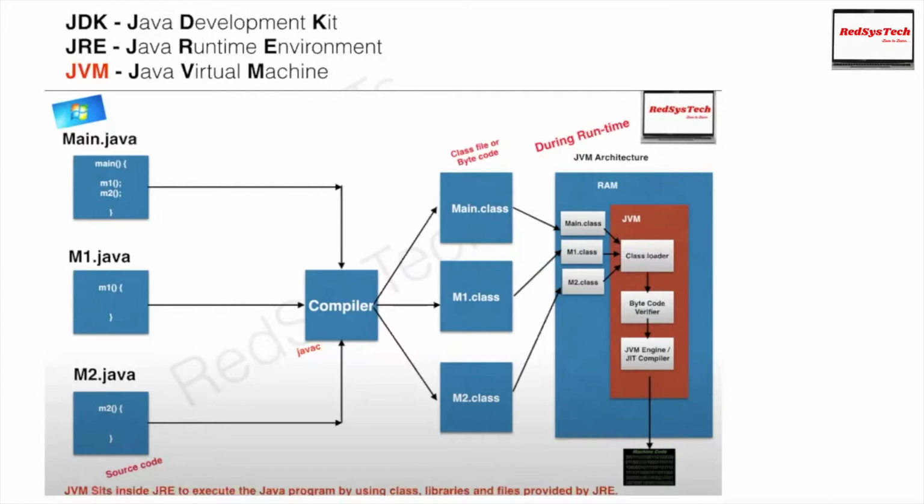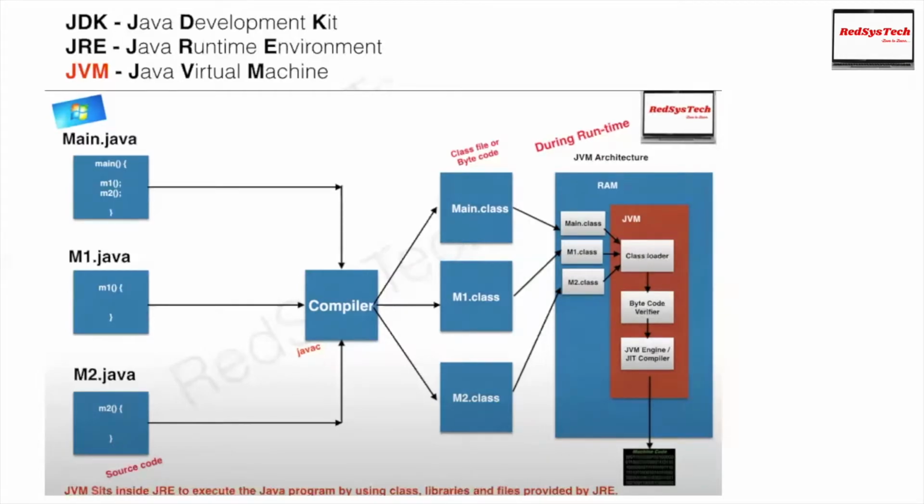Basically, the JVM sits in the RAM. If anyone asks you how the JVM works, you can explain it this way: how the .java is converted into a .class file, how the class file is executed by the JVM, where the JVM sits, and how the machine code is produced from the bytecode, and then that machine code is executed in the processor. So during runtime, this is how the JVM uses the class loader. It loads the class files and converts them into machine code. So this is the in and out of the JVM.